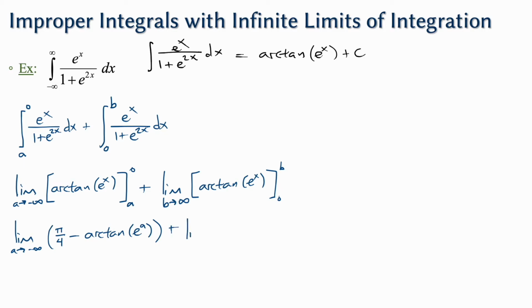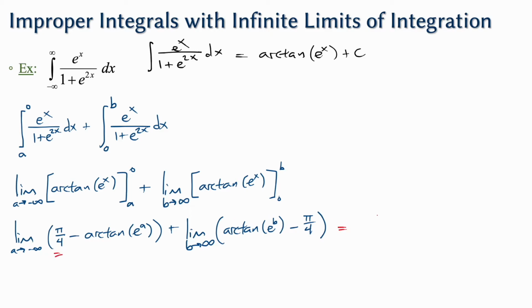And then we'll add on the same thing over here. So now b is going to positive infinity. Plugging in b is just the arctangent of e to the b. And then, of course, plugging 0 is the same thing. It'll be that pi over 4. All right, so now we have to think about where these limits go. Now, obviously, we have some constants, so it's just this part of it. So our final result is going to work out to be